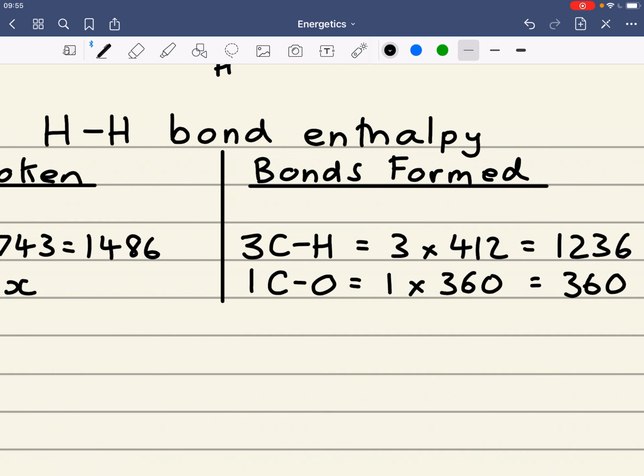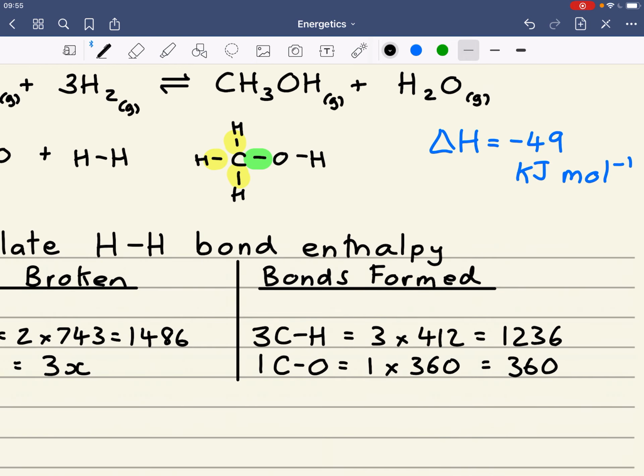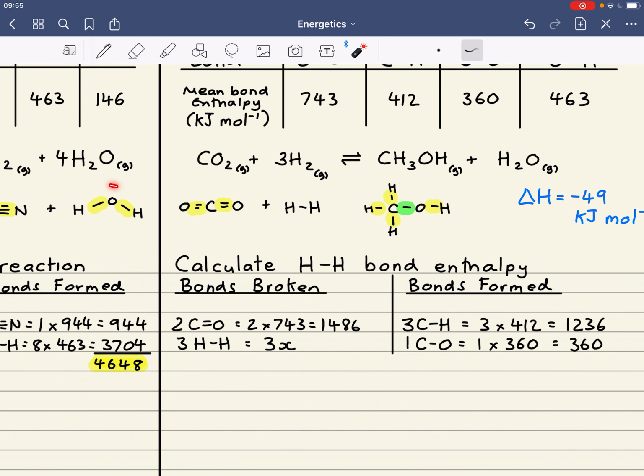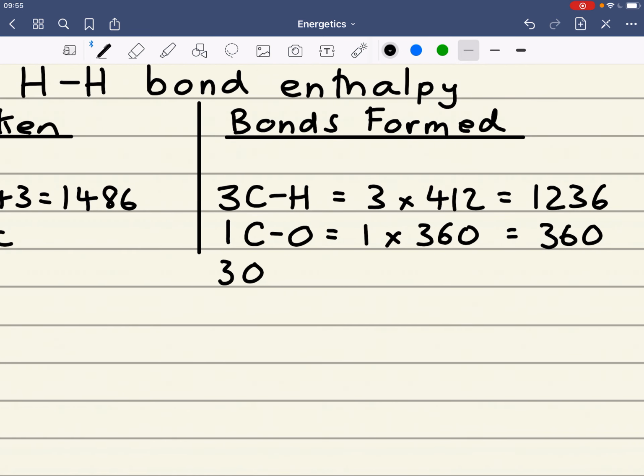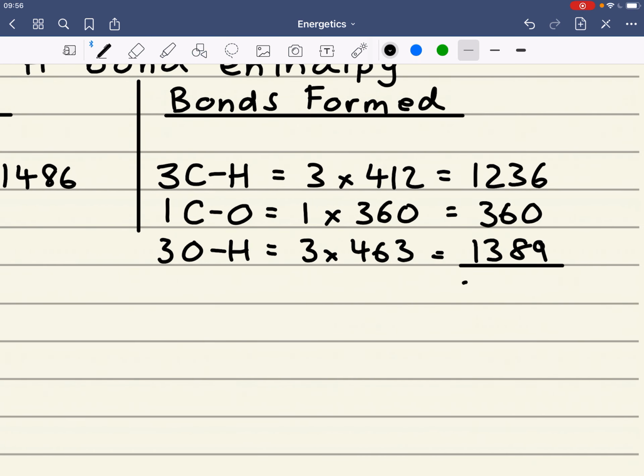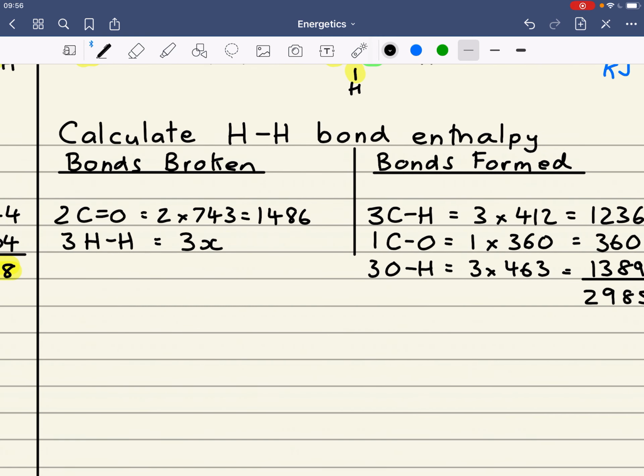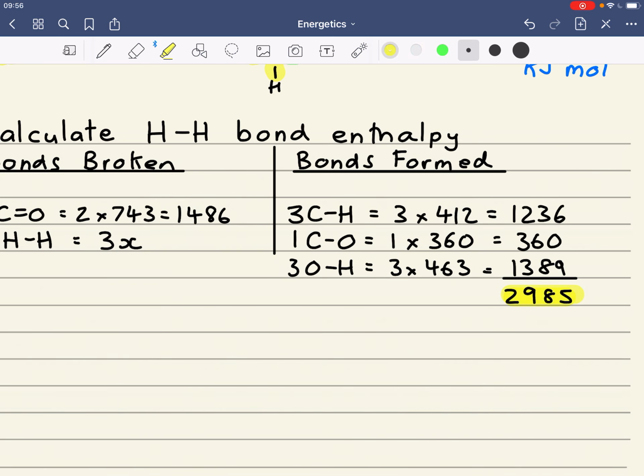And then I've got, as you can see, hopefully, 1 OH bond there, and then I've got 2 from my water, so I've got 3 OH bonds. And that's equal to 3 times 463, which is 1389. So I add them up, and that gives me 2985. My bonds broken, just highlight this, my bonds broken is